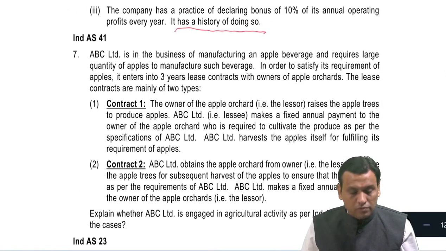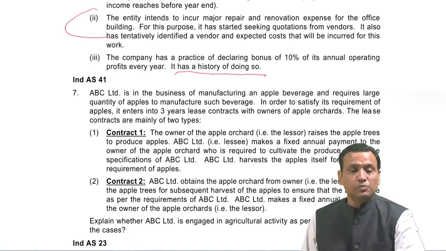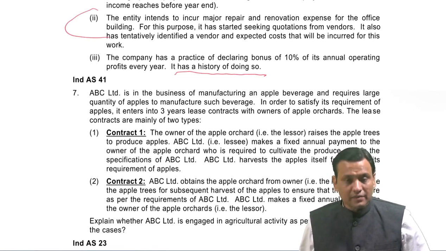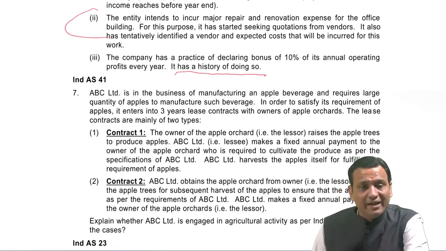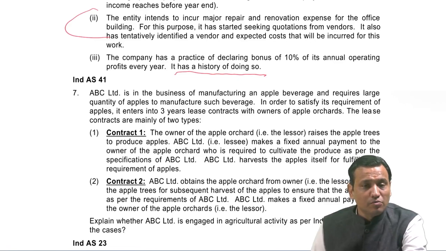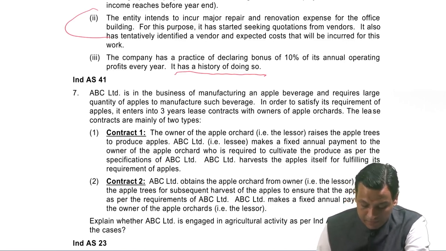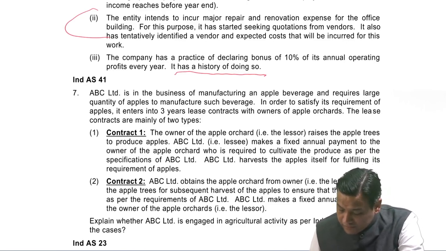Let us now move on to another question on Ind AS 41. Now friends, let us proceed to another question, that is on Ind AS 41. ABC Limited is in the business of manufacturing an apple beverage and requires a large quantity of apples to manufacture such beverage. In order to satisfy its requirement of apples, it enters into 3 year lease contracts with owners of apple orchards. The lease contracts are mainly of two types. Contract number 1,